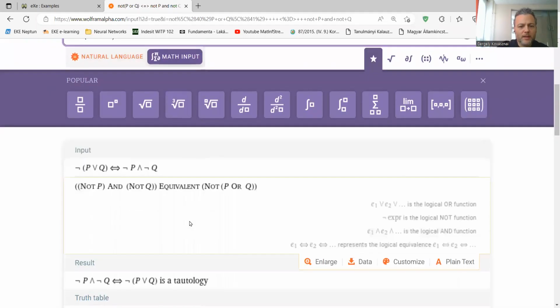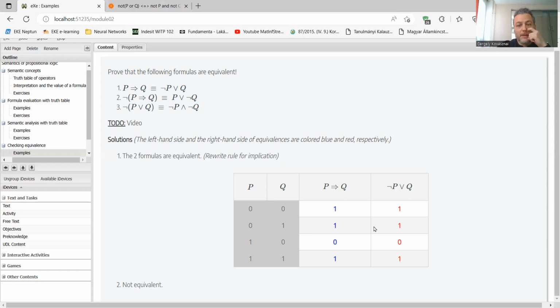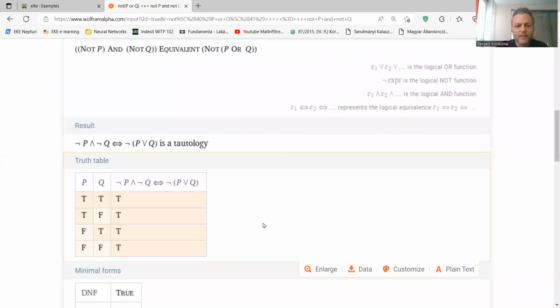And what we get is the following. It's a tautology, so it's always true. We basically proved that. We showed that those two formulas take the same values in each and every interpretation. So they are the same, so they are equivalent, and this is proven here as well.